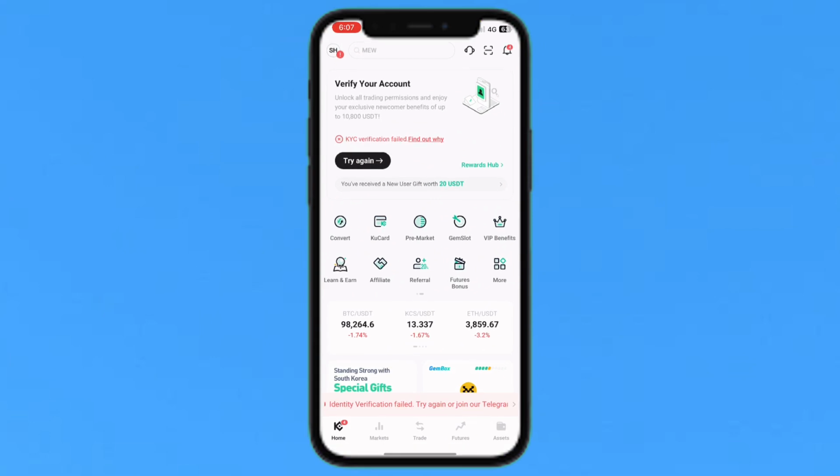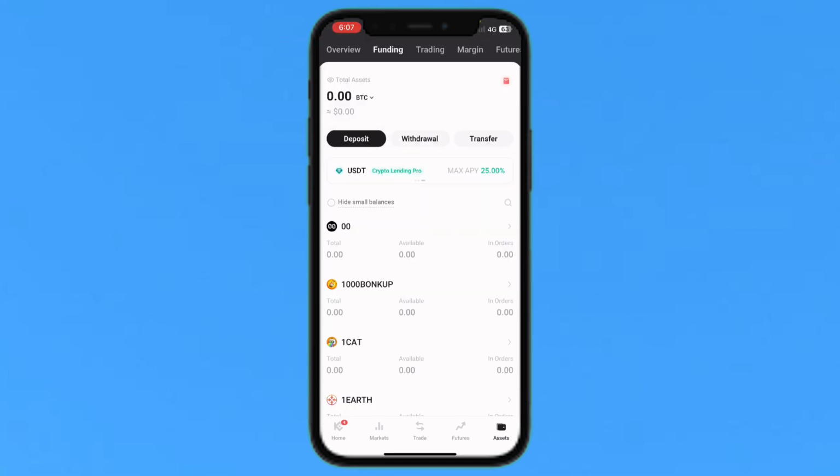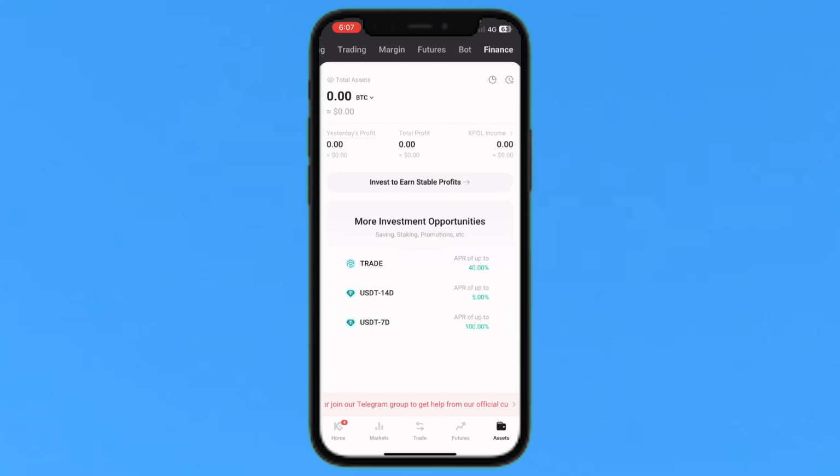I just tapped on my KuCoin account and officially logged in. I will be moving to my assets, which is at the top right corner, and from here you will see the Finance option. So I just tap on it, and in here, invest to earn stable profits. So just tap on it,